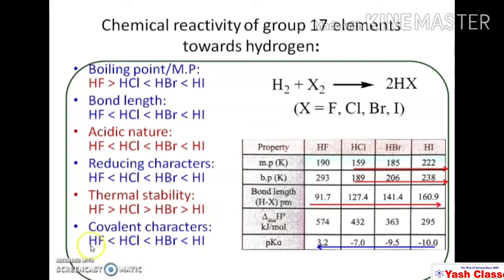Covalent character again increases from HF to HCl to HBr to HI. So HI is the most covalent. And one more trend, bond dissociation energy decreases from HF to HI. So this is about the